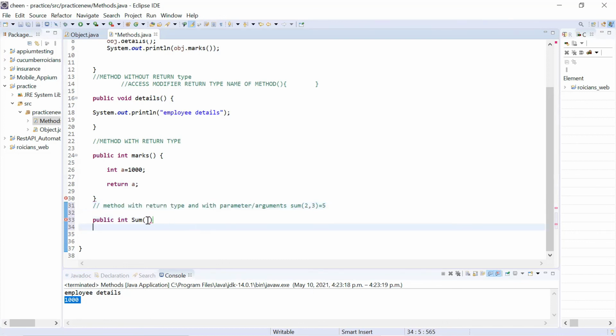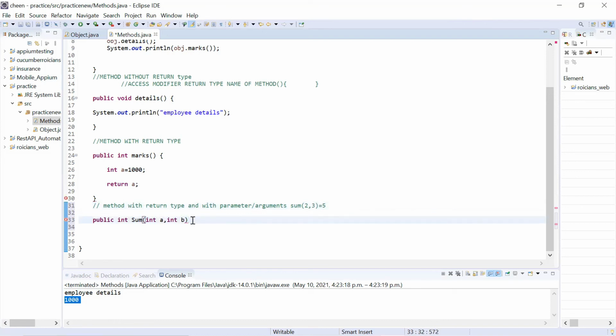So I'm going to write in brackets that whenever I call some function, I want to pass two arguments in it, add those two arguments and give me result. So here I will be passing two arguments. I'll write integer A because 2 or whatever you're passing should be integer, comma, integer B. Second argument should also be integer. And this is how you pass arguments in it.